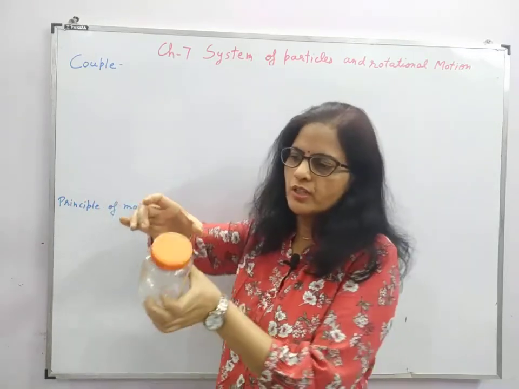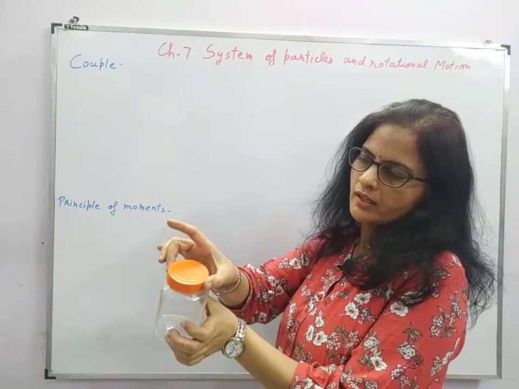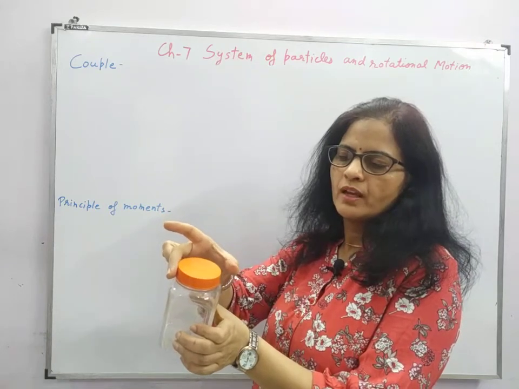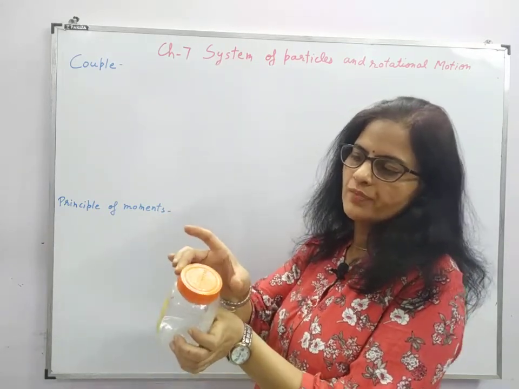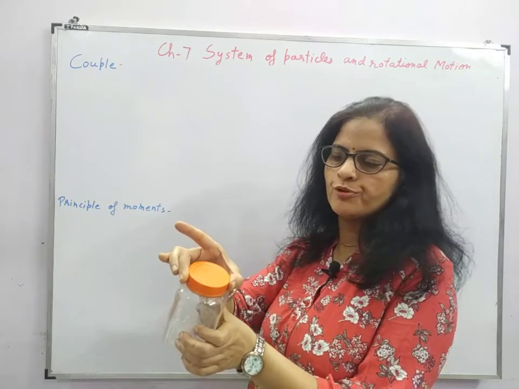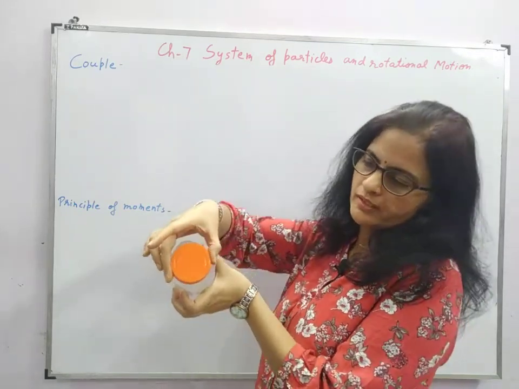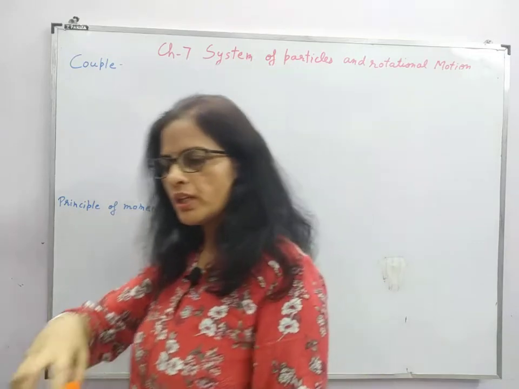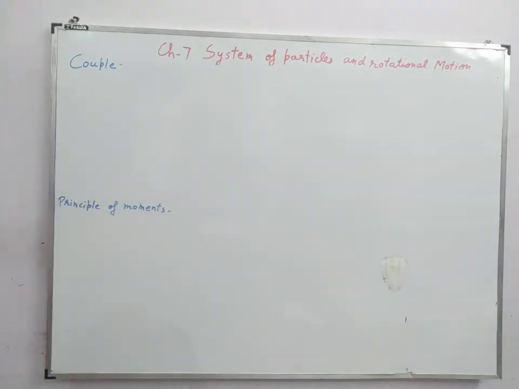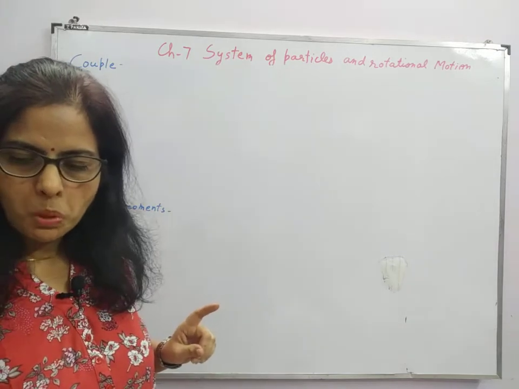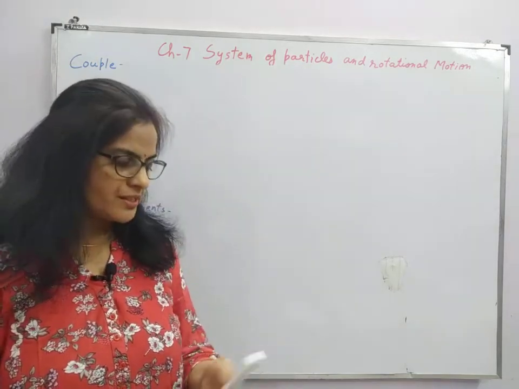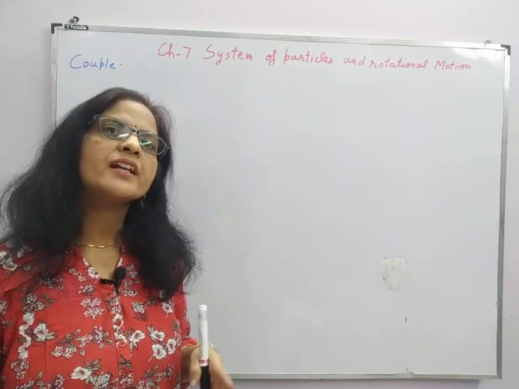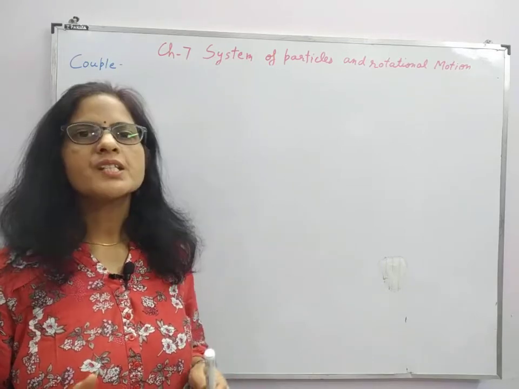So what we are doing actually, if you look at this, what am I doing? With this central finger, I am applying force this way, and with this thumb I am applying the force towards up. So this finger is applying force this way and this finger is applying force this way. So two equal and opposite forces separated by some distance. In other words, two equal and opposite forces which act along different lines of action constitute a couple.